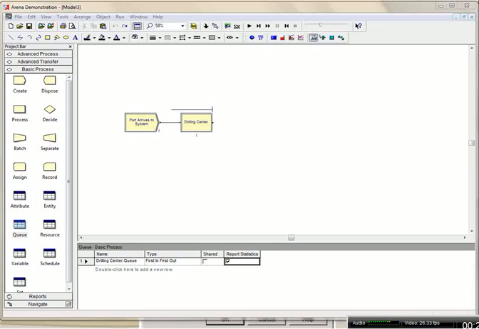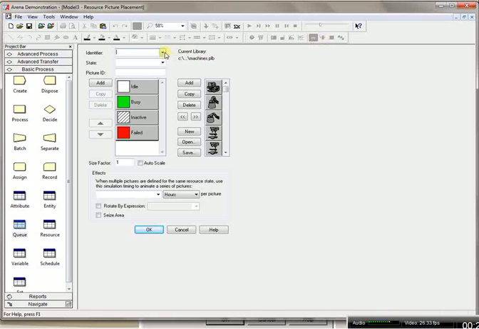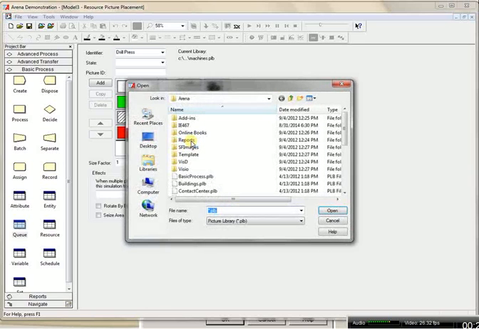So while there is automatic animation for the queues, we don't get any automatic resource animation. So instead, we can do a similar thing and use this animation button for the resource. Notice if I come close to it, it tells me that's a resource animation. So I select identifier, drill press, that's our resource. And then I can change these default states for different states, or I can change it by